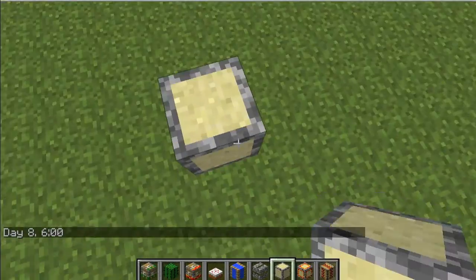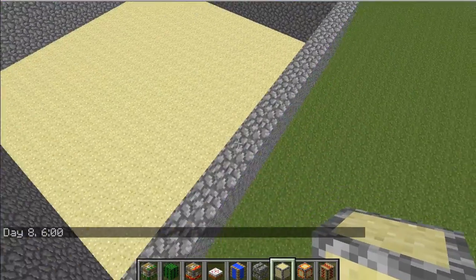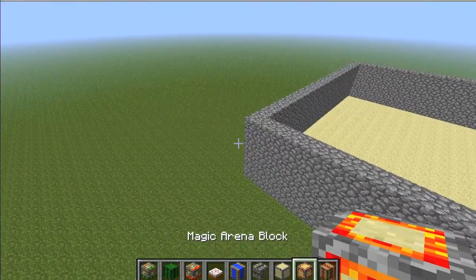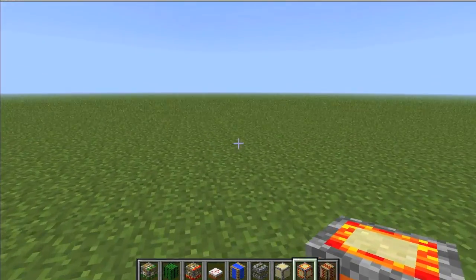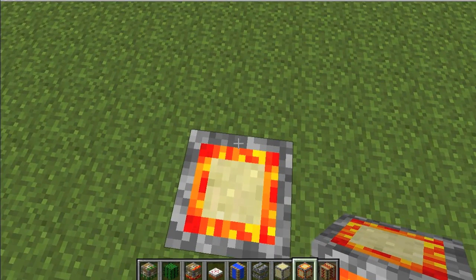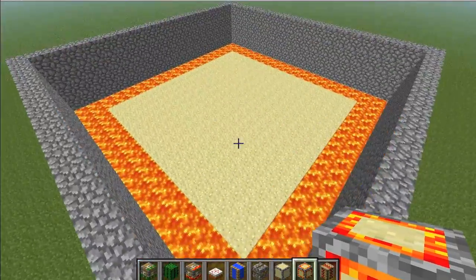you had to change it to day, but jump on it. Oh crap, we spawn in the wall. It'll give us a nice sand arena. You can make it into your very own PvP arena if you want, but some people think that's blah and boring and lame. So if you want it to be more intense, pull out this block right here, the magic arena block, and it'll give you quite some lag when you jump on it,